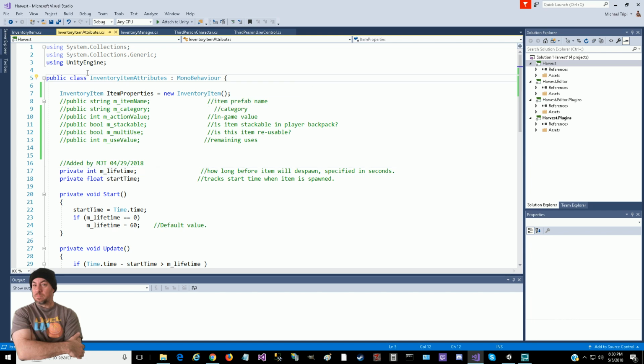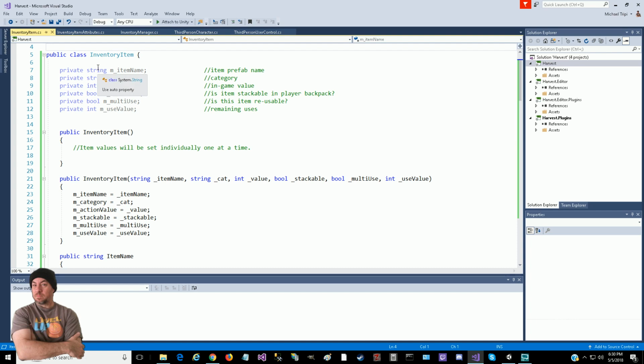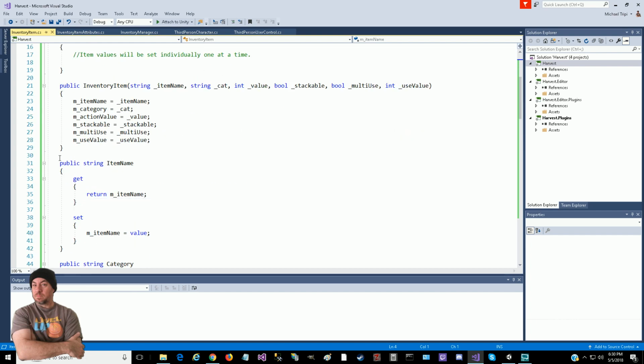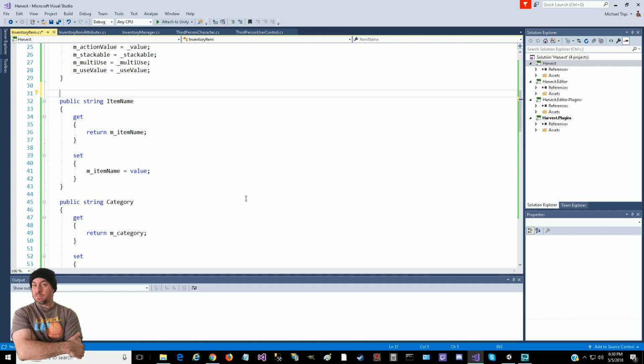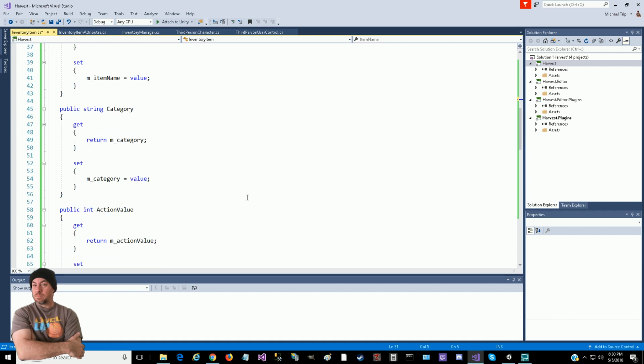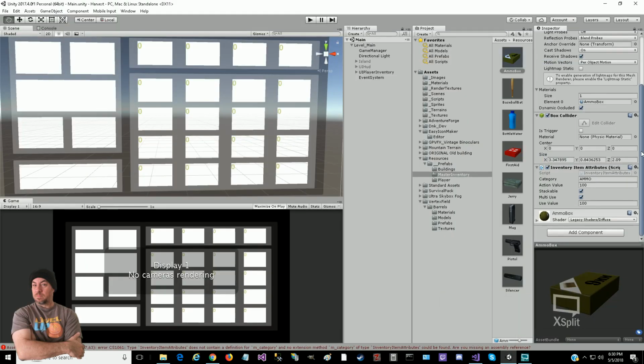So we're going to have to serialize all these fields here, I think. These publics here, like, let me check the names. Actually, maybe it updated with these names automatically. Maybe that's what I'm looking at. Category, action value, stack value, multi-use value. I don't think so, but